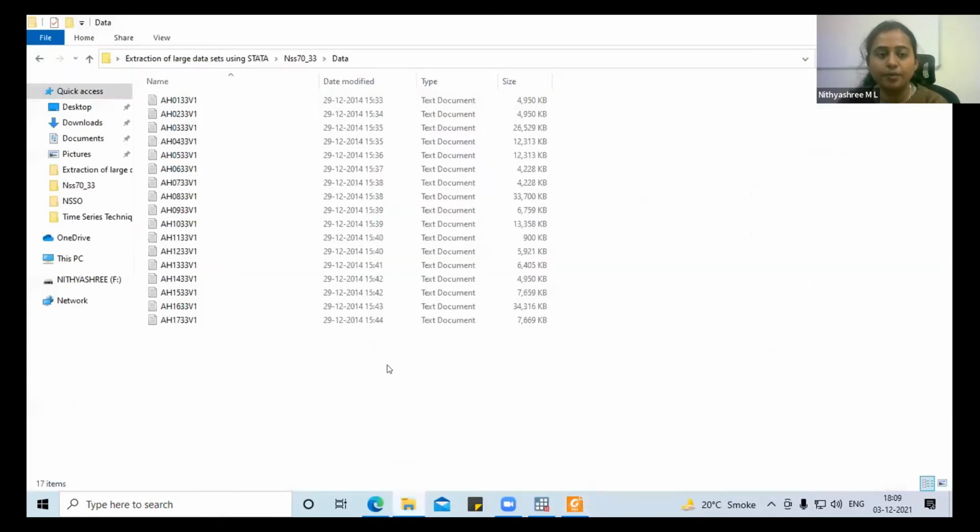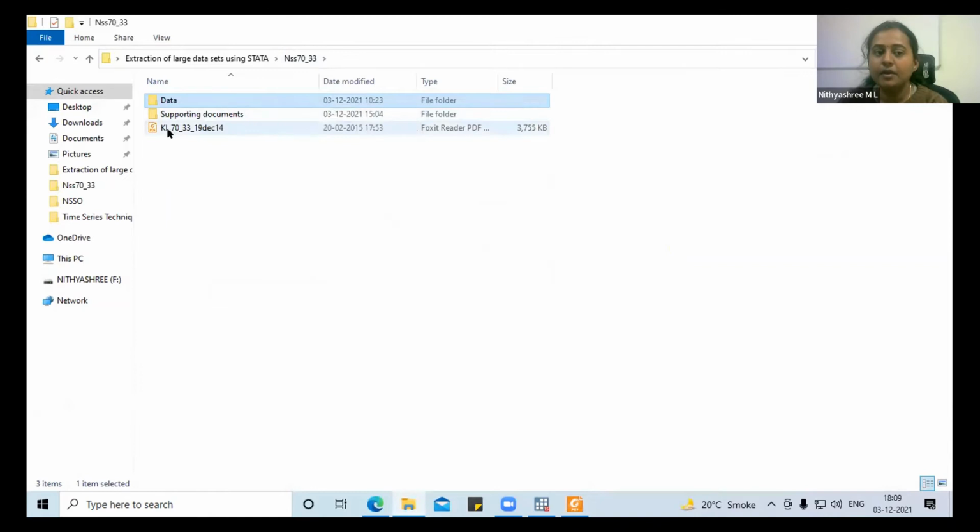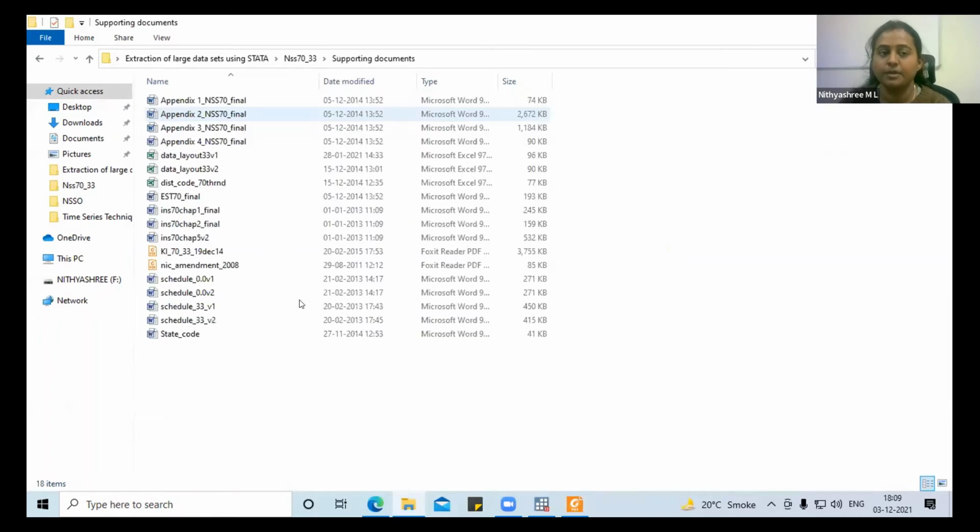Then go back to the supporting document. We have seen the data, we have seen the key indicators. Now we are going to the supporting documents. In supporting documents, some of the information is already given in key indicators, like the schedule and the information regarding sampling. In some rounds it is given in key indicators, in some rounds it is in supporting documents. As a whole, supporting documents have all the information, including key indicators. You can see here, key indicators are also given.